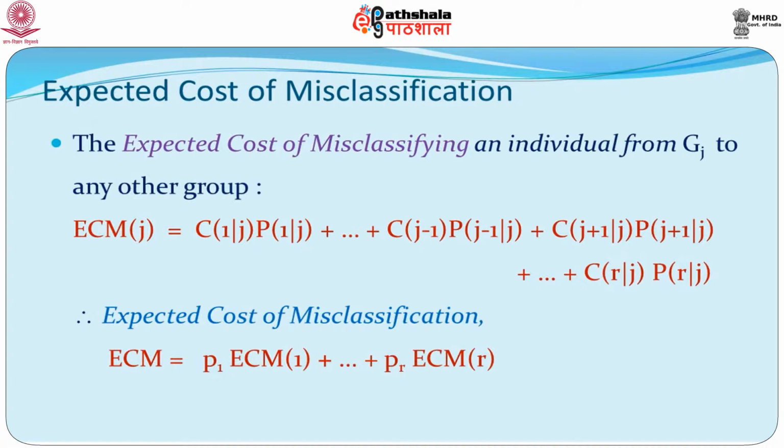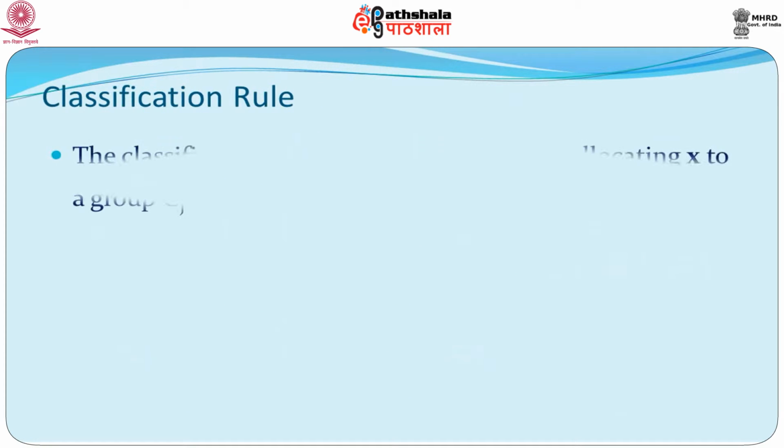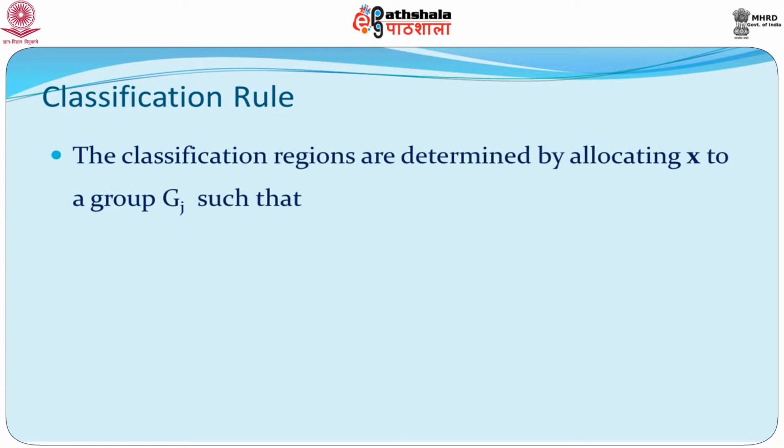So, this sum actually gives us the expected cost of misclassification. Then the optimal rule is to choose the regions R_k such that the ECM is minimized. So, we want the expected cost of misclassification to be as small as possible. Now, for the classification rule, the region is determined by allocating x to a group G_j such that the sum of